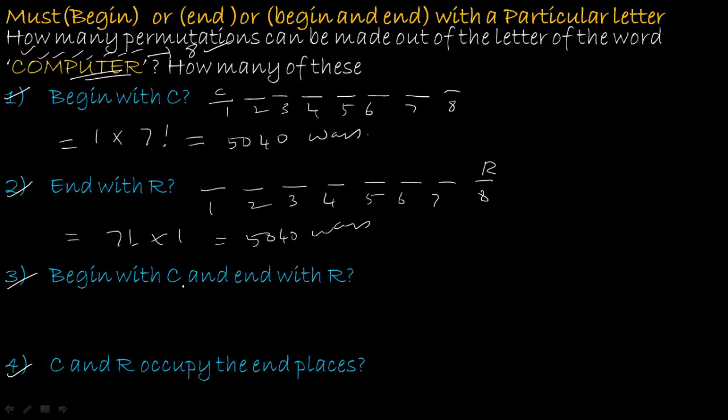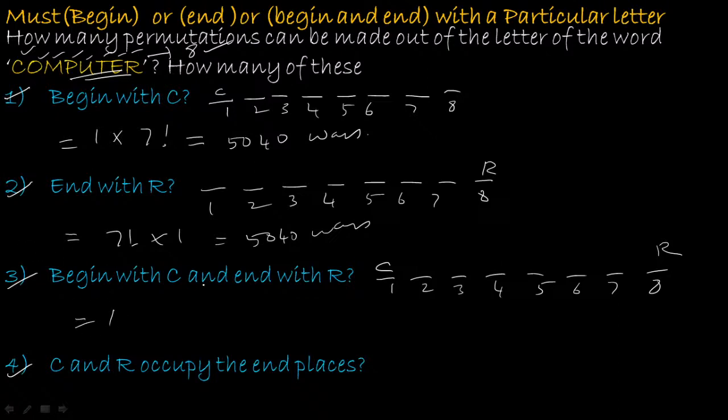So next one is begin with C and end with R. If it begins with C, that is the first letter is C. 1, 2, 3, 4, 5, 6, 7, 8. In the 8 letters, the first position is occupied by C and the last position is occupied by R. The first position can be filled in only one way,